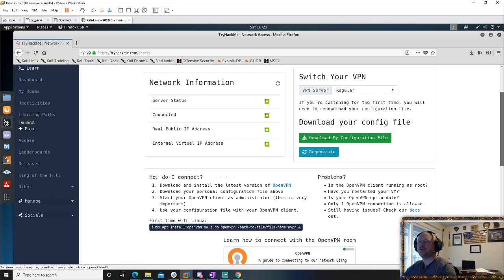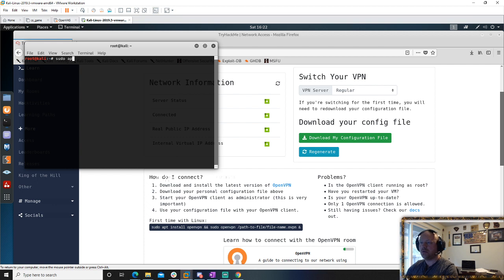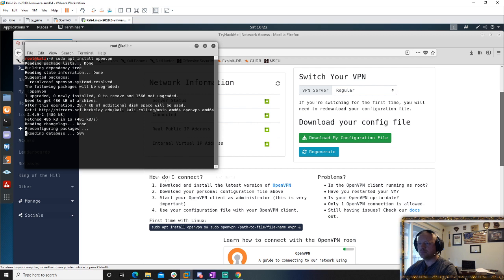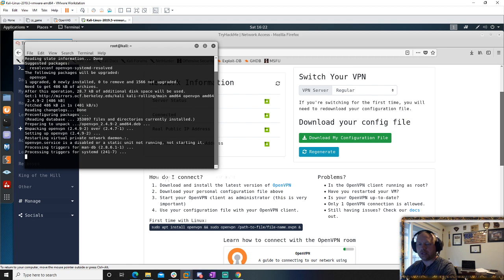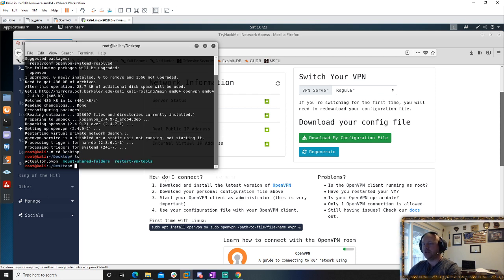So that's the sudo apt install. So sudo apt install openvpn. And if you're doing the OSCP, Penetration Testing with Kali Linux, you will need to install OpenVPN as well. I use the same thing where you can VPN into their network. And then you can have fun with all their stuff. So just to make it easy, I keep that VPN configuration on the desktop. If you see that mount shared folders, that's the same thing, just for Penetration Testing with Kali Linux.